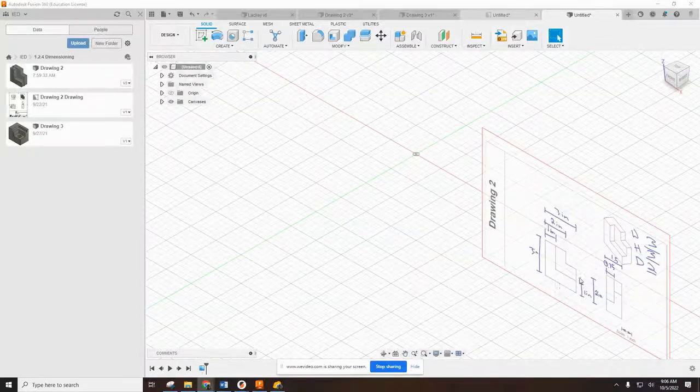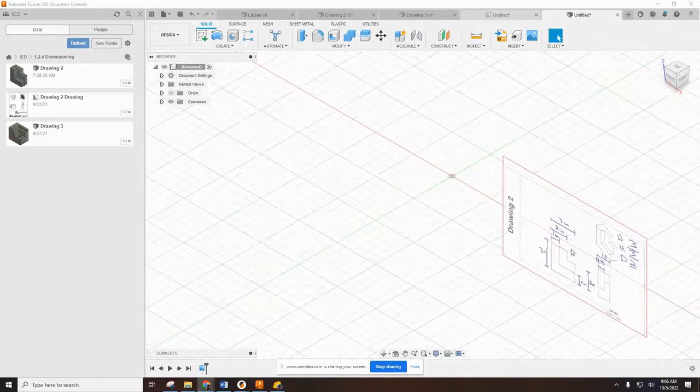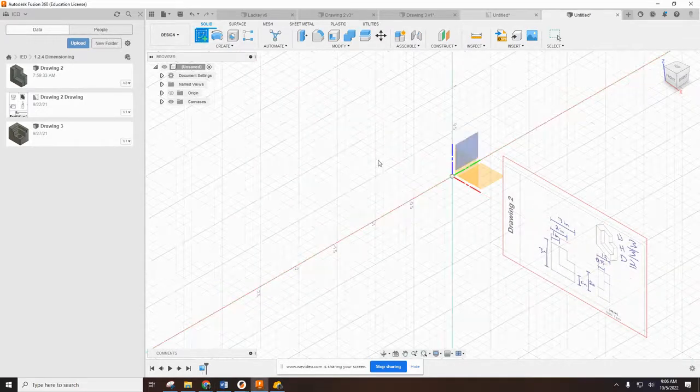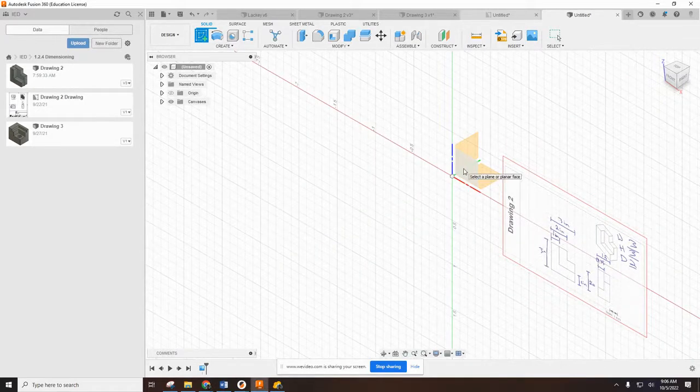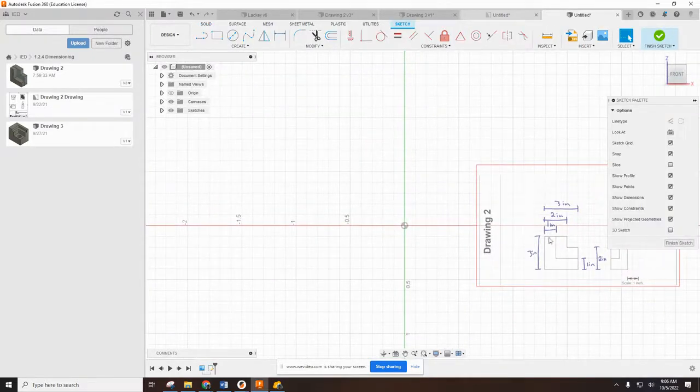All right, so today what we're going to do is make this drawing 2. I have the dimensions right here. You should have them on your paper. We are going to start with a sketch on the vertical surface this time. I'm going to start with a sketch right there, and I am going to outline this outer